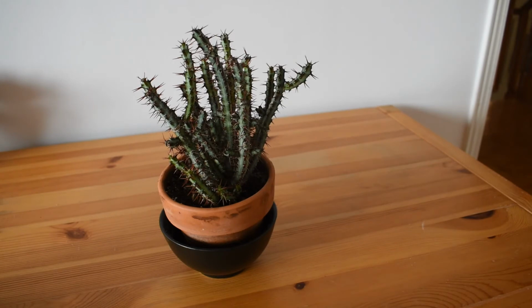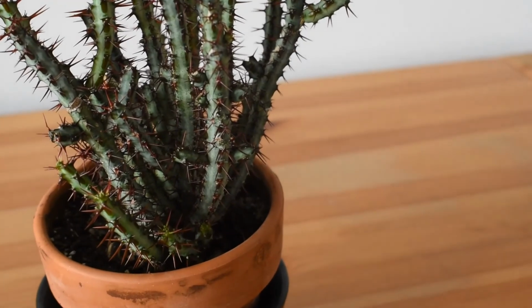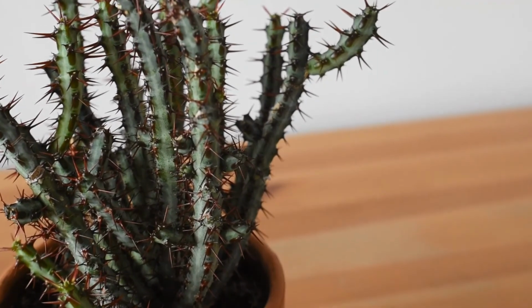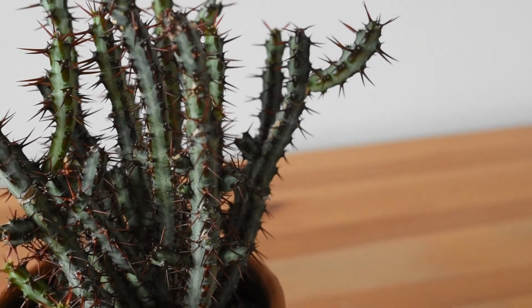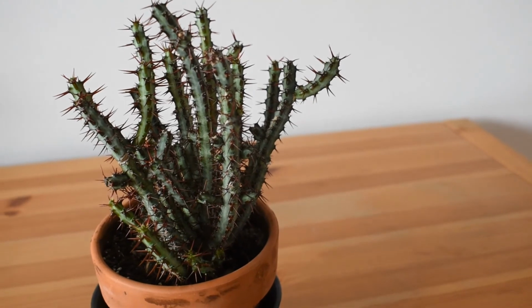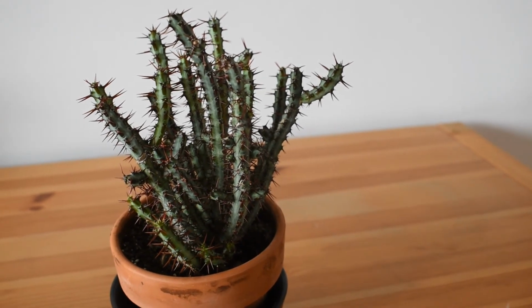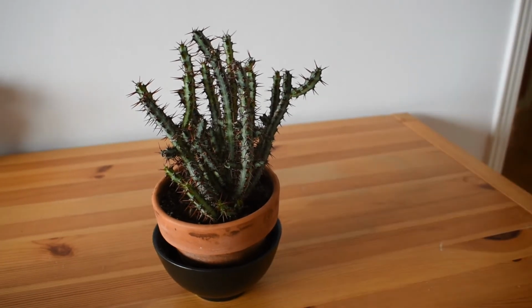And this is the last euphorbia I have. This is Euphorbia aeruginosa. And as you see, it has quite well-developed spines, which is unusual for Euphorbias, because Euphorbias have developed